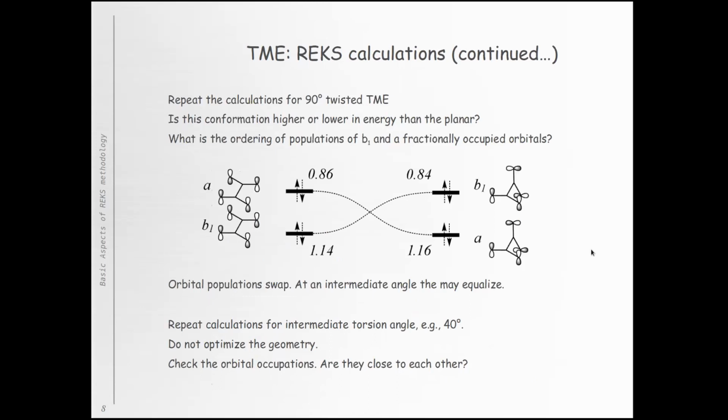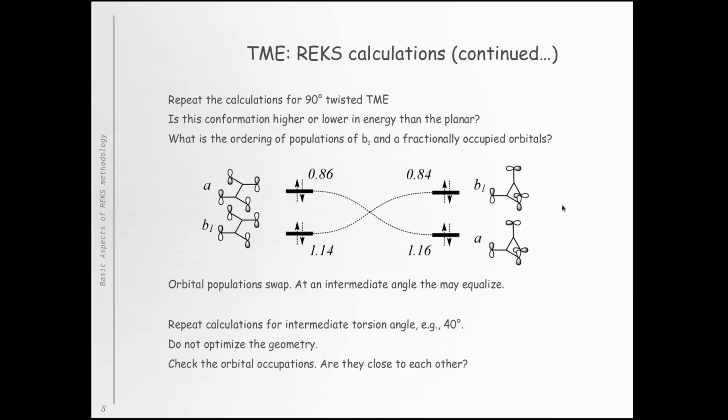Some further explanations about the molecule, if it's interesting. For the planar molecule, the B1 orbital and A orbital are populated like that, so B1 is more strongly populated than A. But for our 90 degree orthogonal conformation, the A orbital is slightly more strongly populated than B. That was from my previous calculations, and we shall see how it works with you. All right, let's